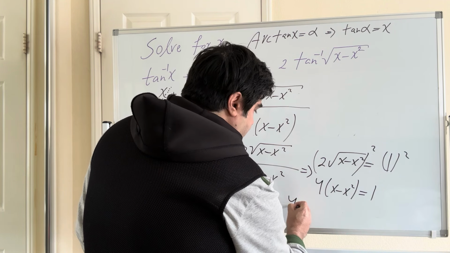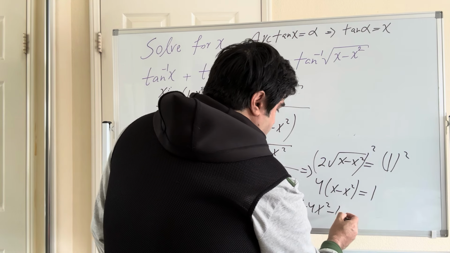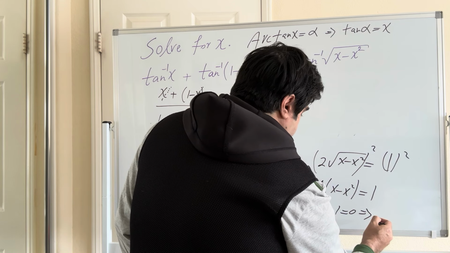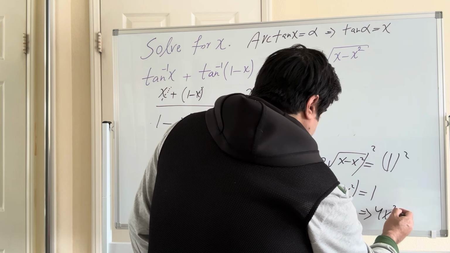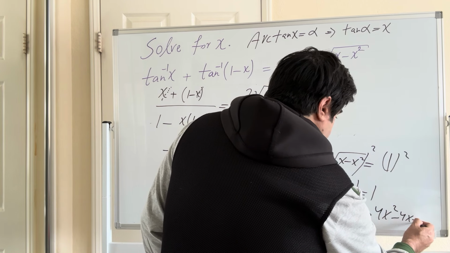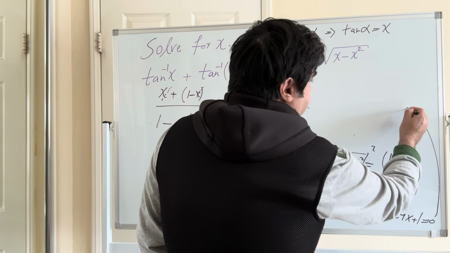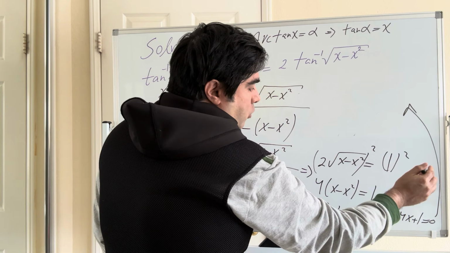So this is going to be 4x minus 4x squared minus 1 equals 0. I can factor out the negative. So this becomes 4x squared minus 4x plus 1 equals 0. I'm going to put a slash here. So this equation here is going to be